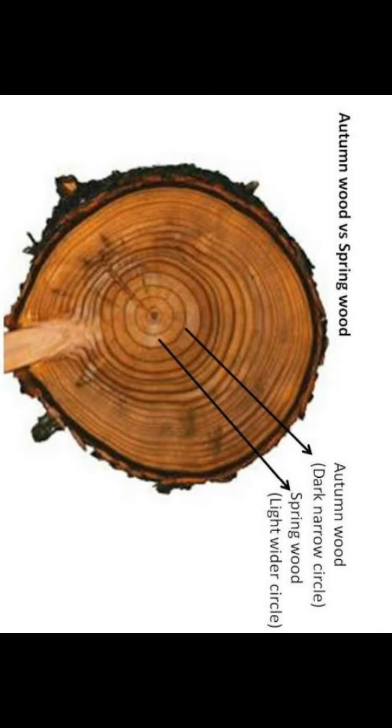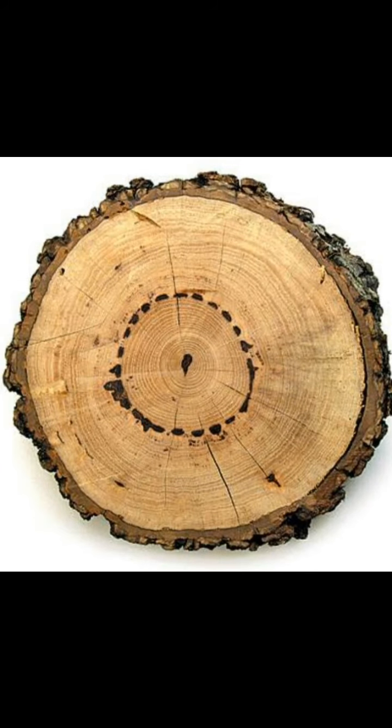Then let's see, students, some more information regarding the spring wood. You can see on the screen, students, the spring wood is lighter in color and has a lower density, whereas the autumn wood is darker and has a higher density. The two kinds of woods that appear as alternate concentric rings constitute the annual ring. Then what is the use of this annual ring, students?